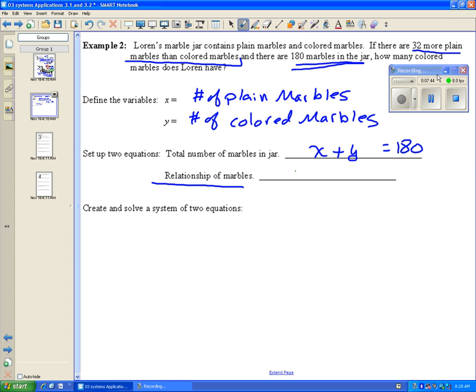So my plain marbles, there are 32 more of them than the colored marbles. I take the number of colored, I add 32, and that's going to give me the number of plain marbles. I could also say